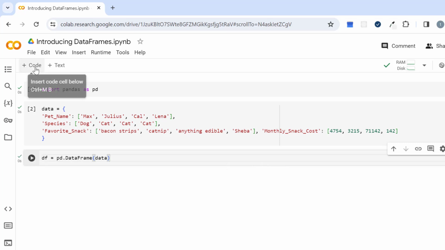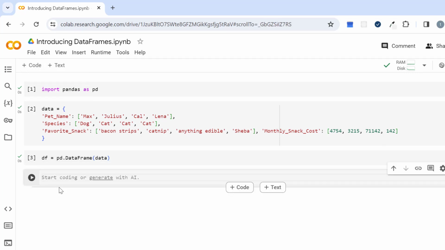And now, to see what's stored in that df variable, I'll create one more code cell and simply reference that variable in that cell. And then if I run the cell, Pandas will show me the result of whatever expression is on the last line of code in this cell. And in this case, we've only got one line of code, which contains the simplest kind of expression possible, which is just a value stored in a variable. So if we run this,